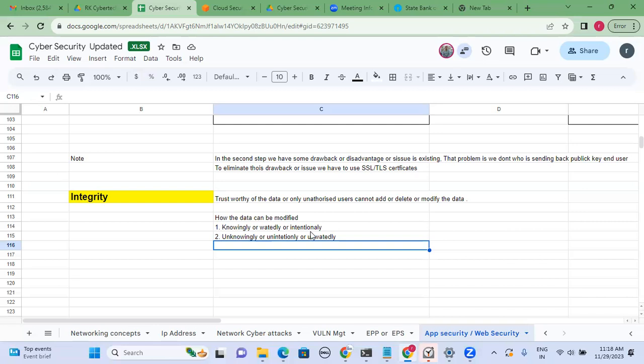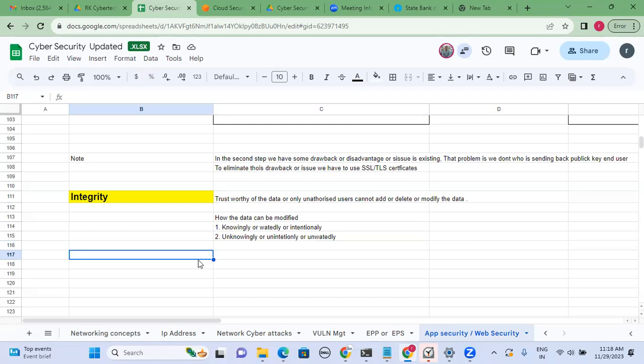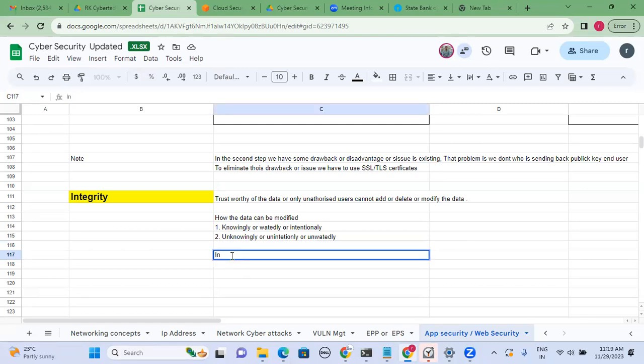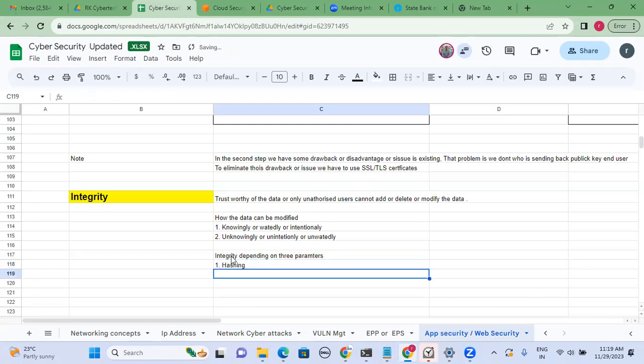Now, integrity depends on three parameters. I can write here itself. This adding, deleting and modifying depends on three parameters. Integrity depends on three parameters. Those parameters are, first one, hashing. Second one is HMAC, hash message authentication code. Digital